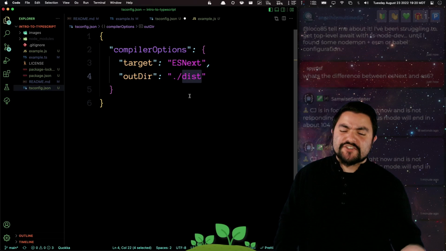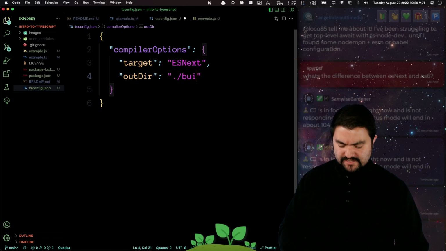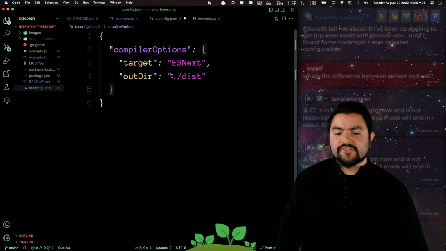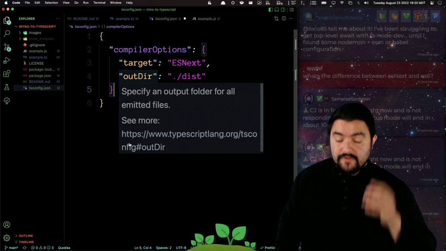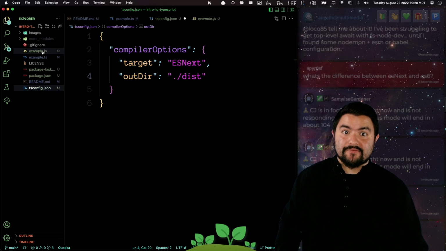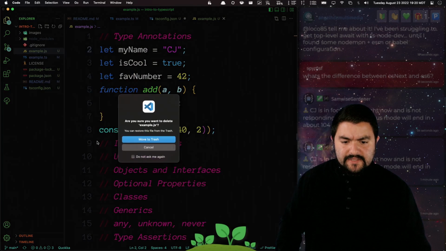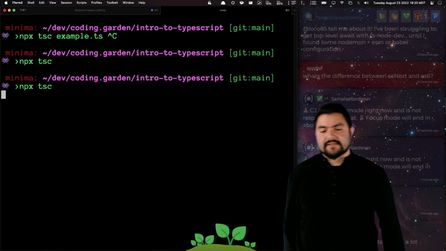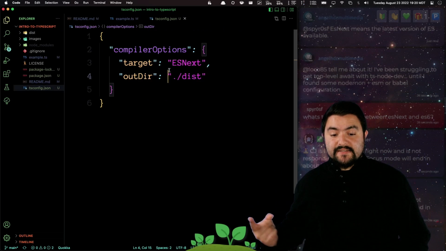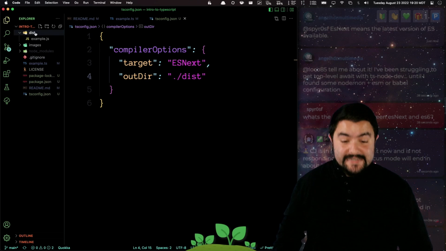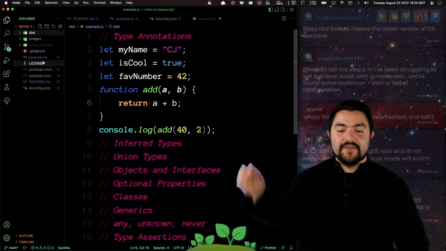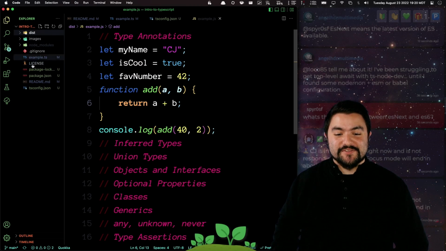So dist is short for distribution. This is a pretty common pattern. You might also see this called build, but dist is pretty common as well. You can call it whatever you want. But essentially now, when I run the TypeScript compiler, it is going to put all of the generated code in a folder called dist instead of right next to it. So for now, I'm just going to delete that JavaScript file. And then we'll rerun this npx tsc. And when that's done, now we see that we have a dist folder that has our JavaScript code inside of it. So you definitely want to set this up just so all of the generated JavaScript files don't interfere with